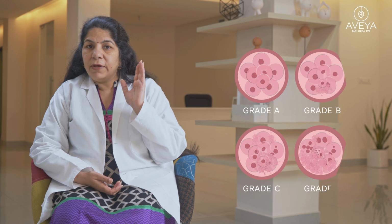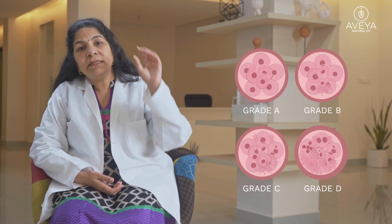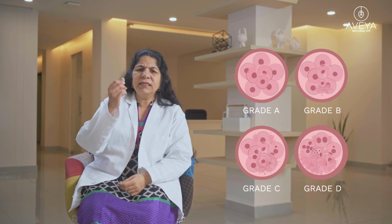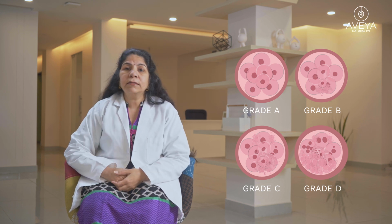Success depends upon many things, like optimal conditions, like I already talked about the lining and all, and the grade of the embryo. If it is a day 3 embryo, there are grade A, grade B, grade C. Grade A means it's an 8-cell embryo, all cells are equal and the fragmentation is less than 5%. Grade C means that the cells are fragmented, they are unequal and there are less than 6 cells on day 3. Then we usually transfer